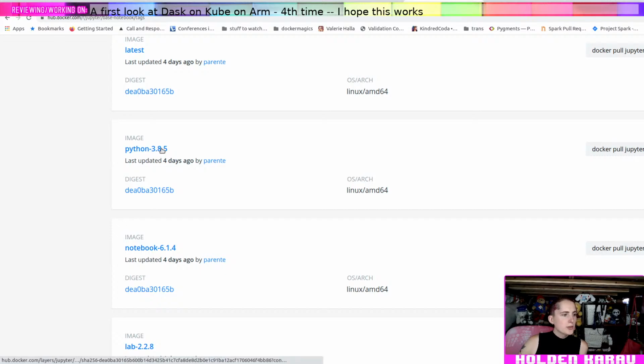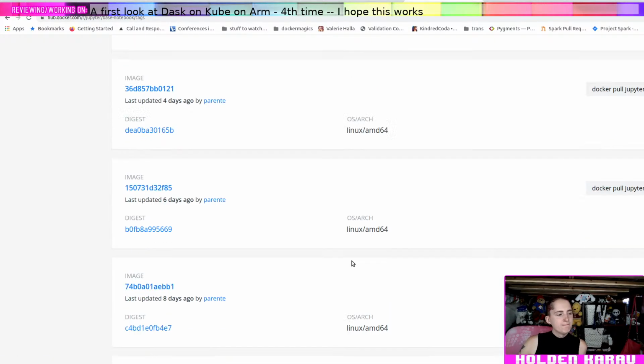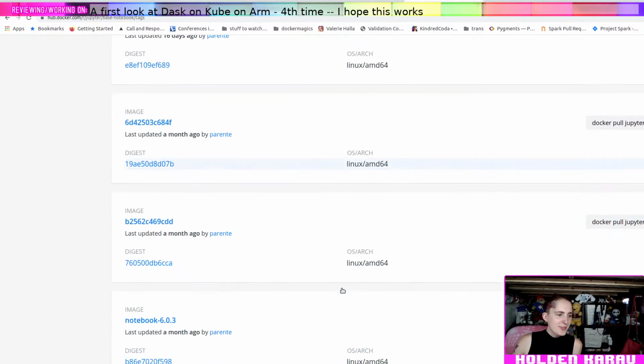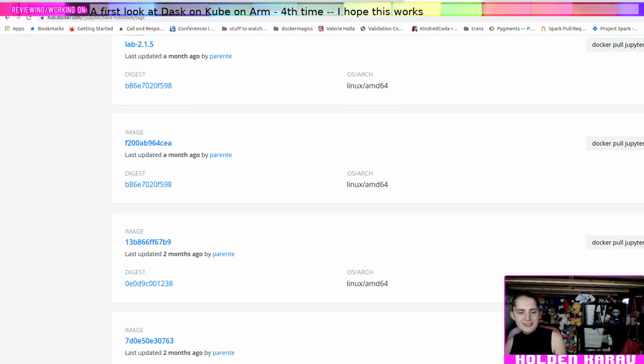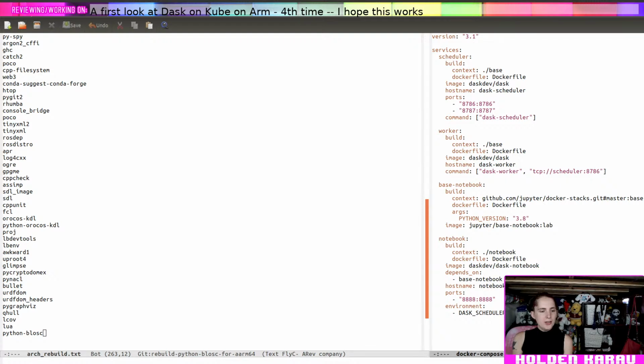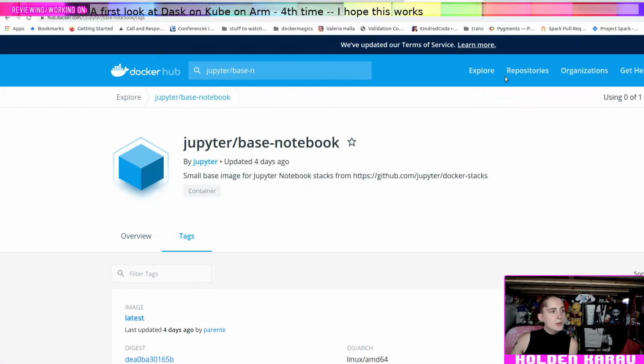Oh, this actually looks like we could probably... Oh, god damn it. Why is this... AMD64 only? Fucking hell. So, you know what? Notebooks are cool, but I don't care that much. I'll figure out how to set up port forwarding and access the notebook outside, because I don't want to deal with building this. But we can go back to my